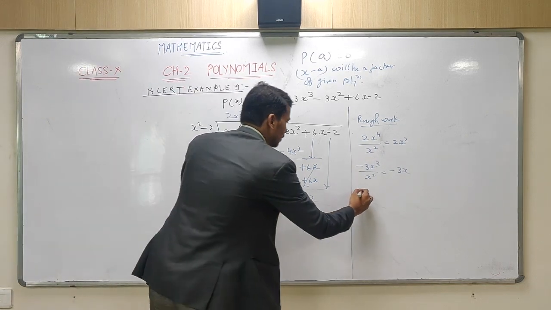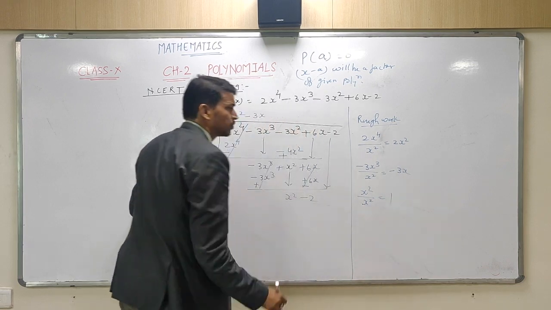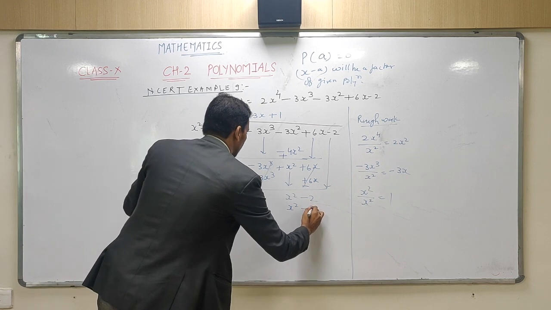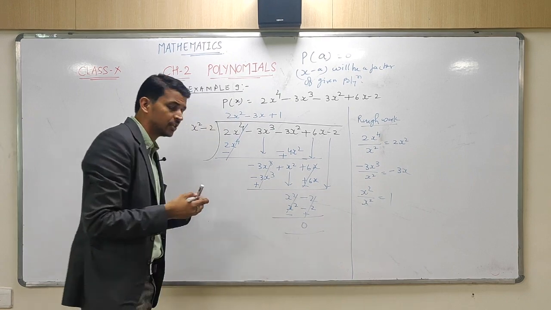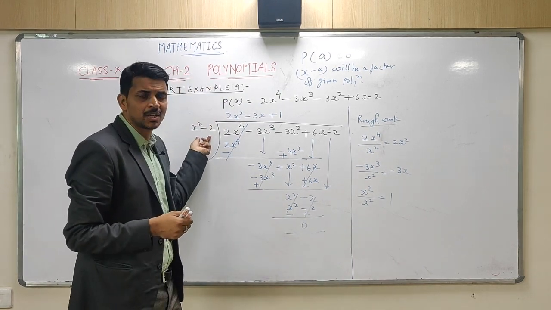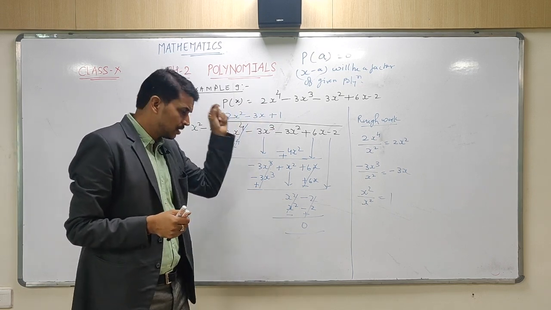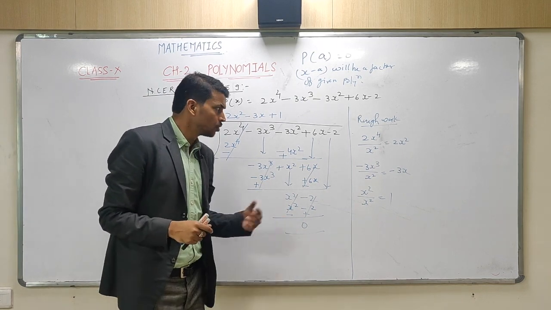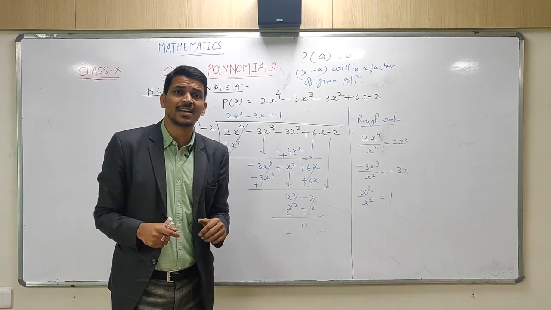Now, x square will be divided by again x square, will get 1, that is plus 1 will be the last quotient. Multiply over here, you will get x square minus 2, change the sign everyone, you will get the remainder 0. So, make sure everyone, whenever you got one factor of the given polynomial, whenever you will get the other factor, make sure this is the checkpoint for us, remainder will be always 0, that we have to take in care. So, we got the other factor as 2x square minus 3x plus 1,